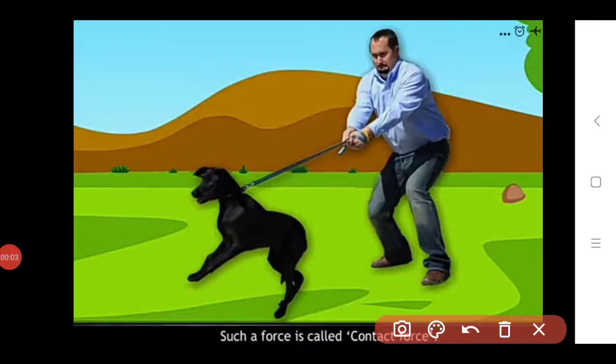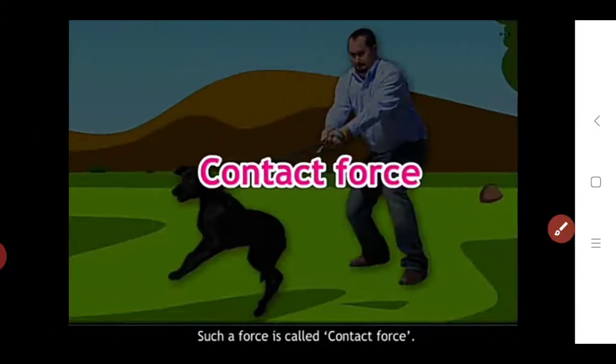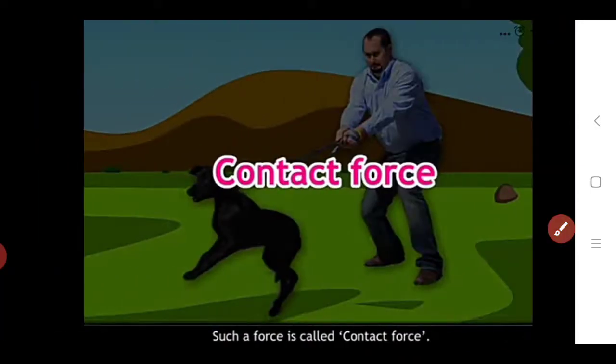Here we see what is the contact force. Okay, so the next point we see here, in this example, is the definition of contact force. What is the contact force? Contact force is nothing but a force that is seen to act, or is applied, through the direct contact of objects or via one or more objects. Such a force we call the contact force.